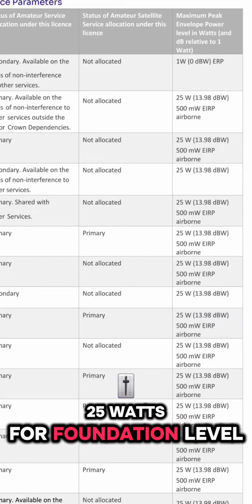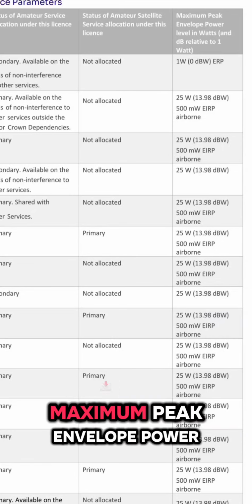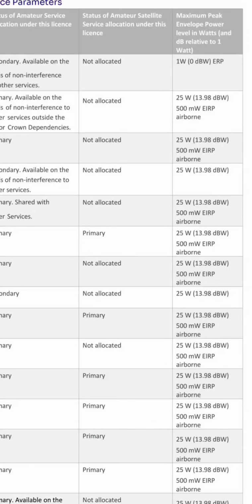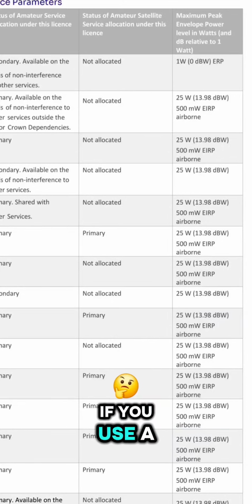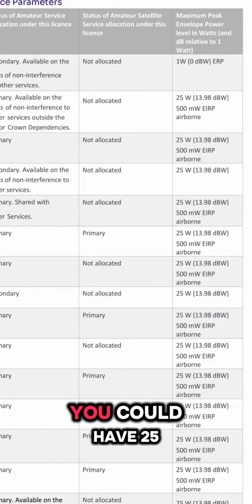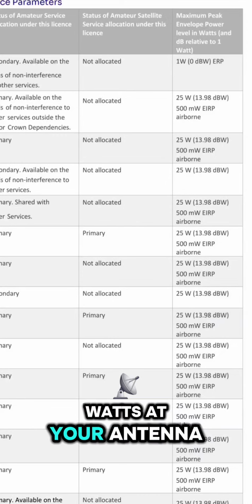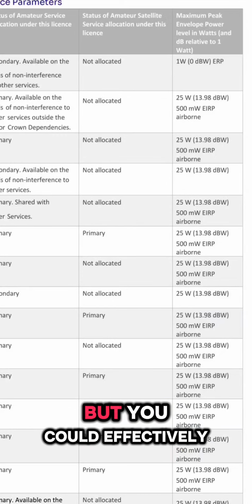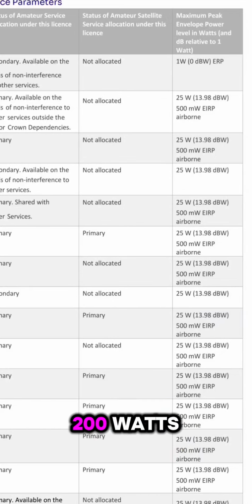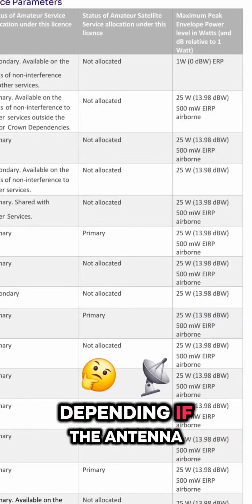25 watts for foundation level, maximum peak envelope power. Okay, so it says 25 watts. What that means is if you use an antenna design that has gain, you could have 25 watts at your antenna feed point, but you could effectively be radiating 100 watts or 200 watts, depending if the antenna has gain